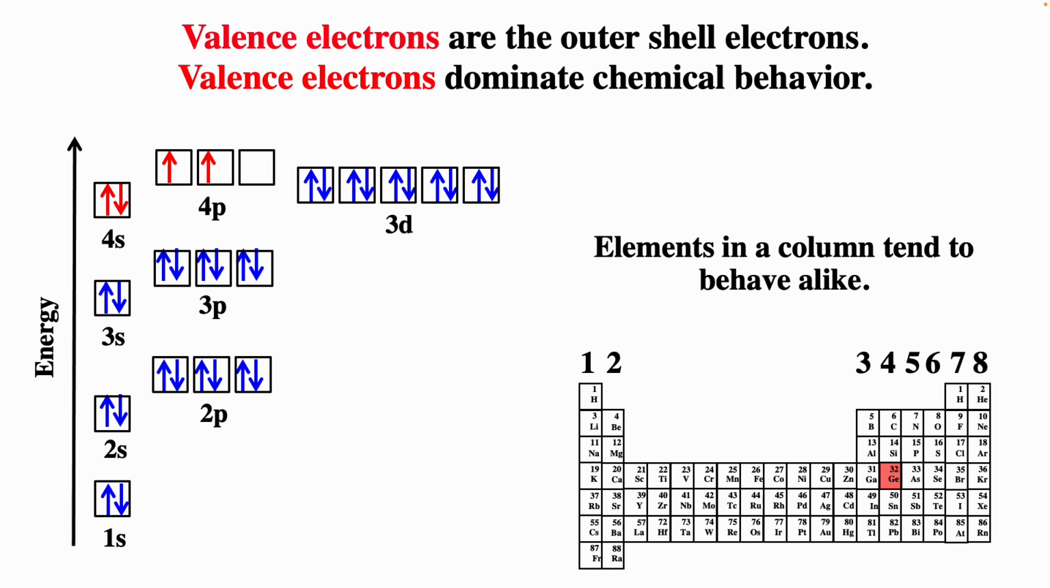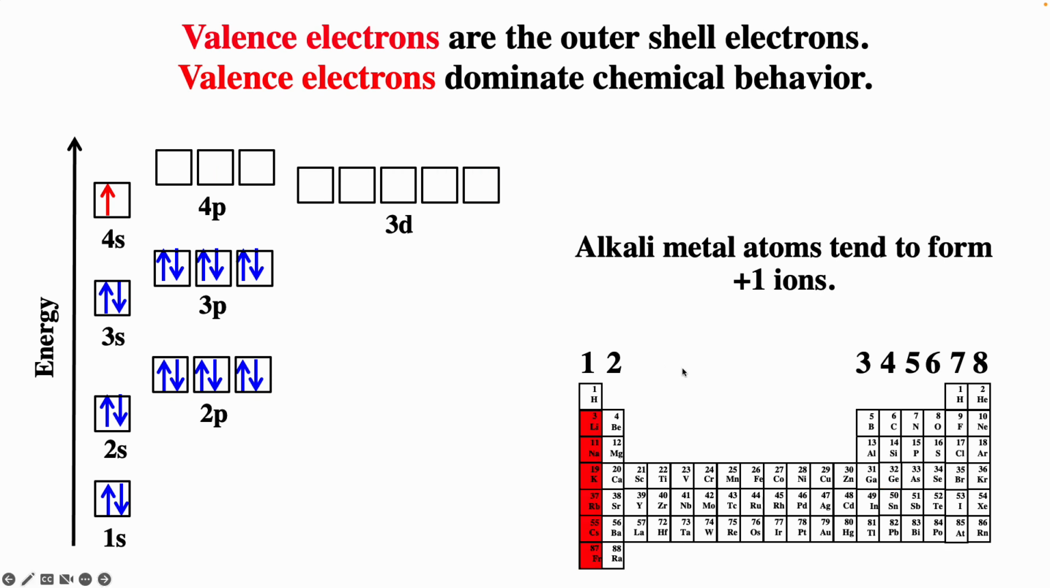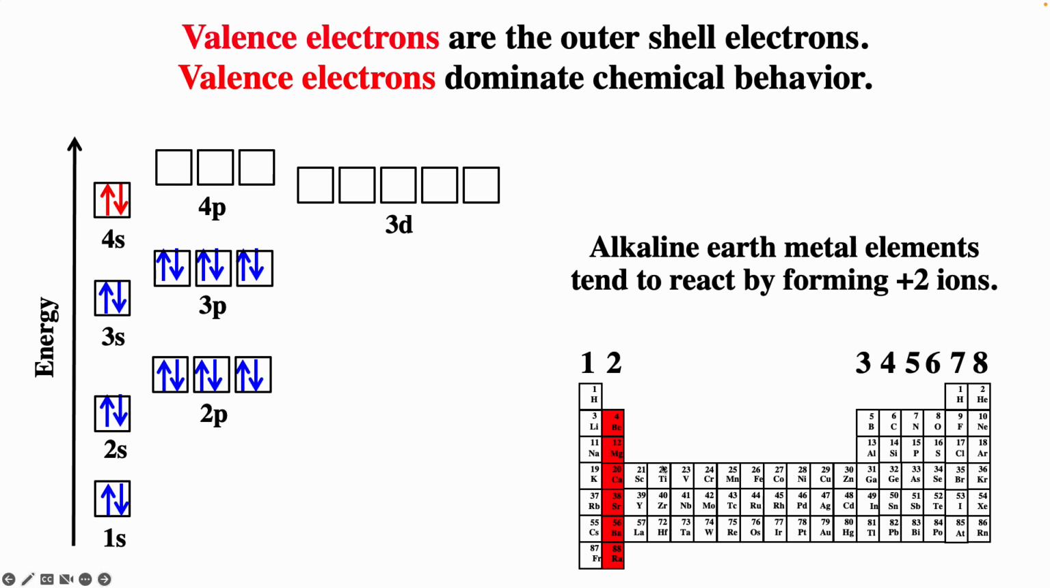Elements in a column tend to behave alike because they have the same valence electron configuration. Now that's not necessarily true for these middle columns that we'll talk about in a minute. So the alkali metals tend to form +1 ions, because if they lose 1 electron, that will give them noble gas configuration. The alkaline earths tend to lose 2 electrons to get noble gas configuration, and so they tend to